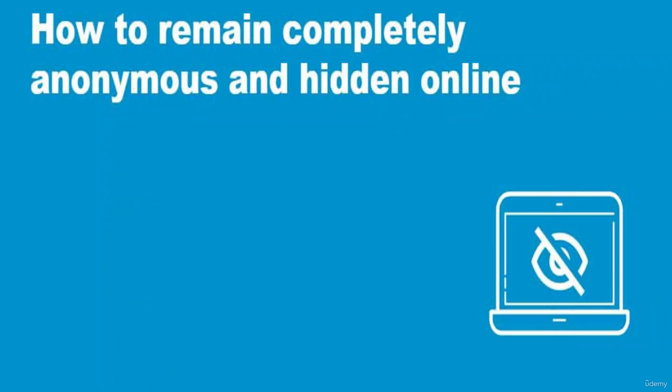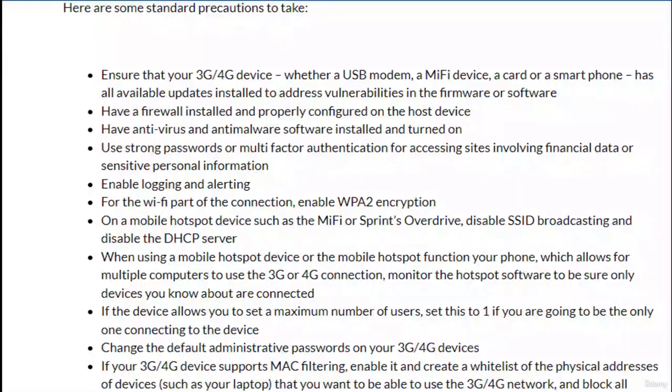Let's talk about cellular networks and I2P. Here are some standard prerequisites to take: ensure that your 3G/4G device, whether a USB modem, a MiFi device, a card or a smartphone, has all available updates installed to address vulnerabilities in the firmware or software,